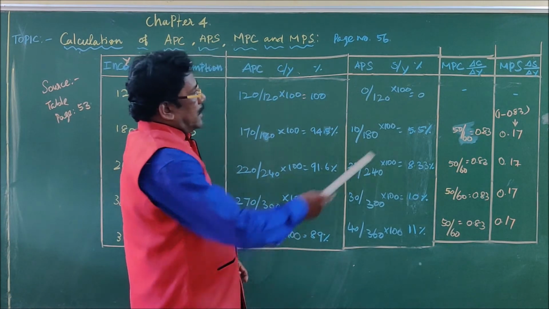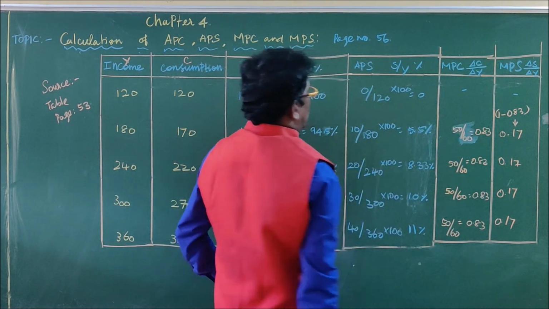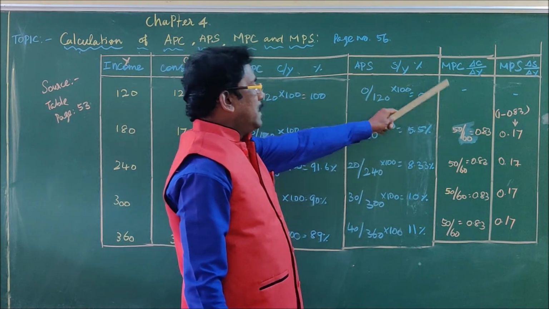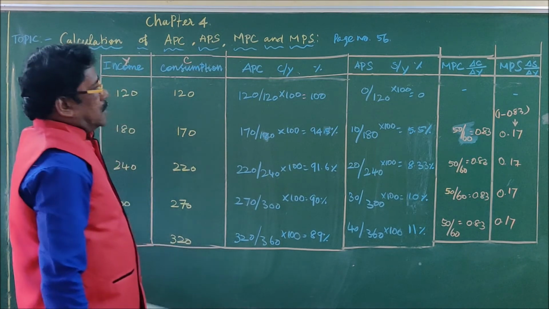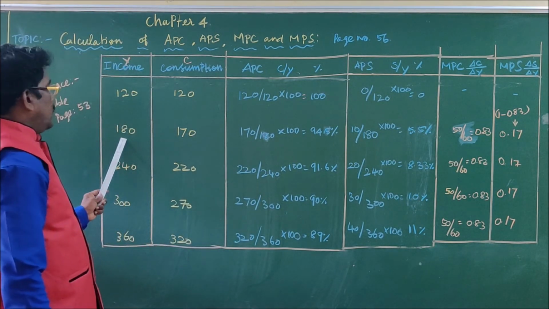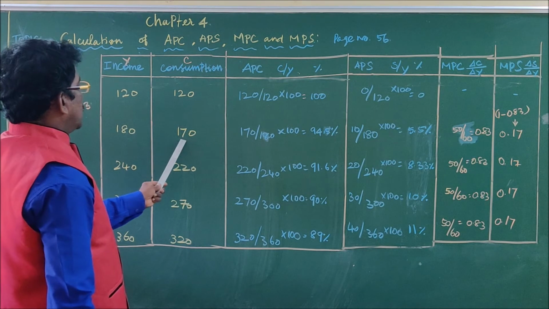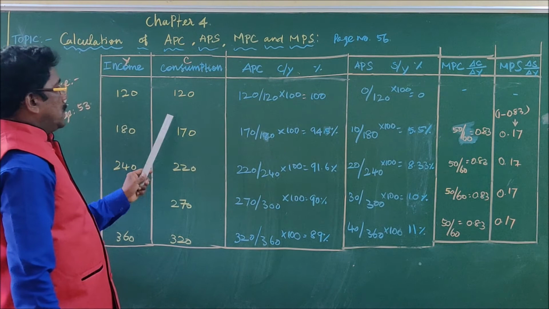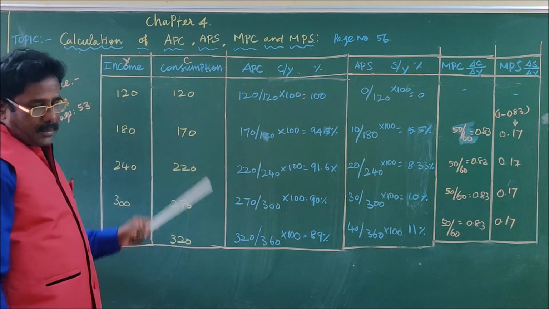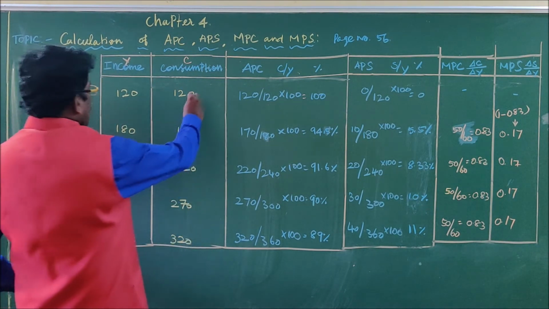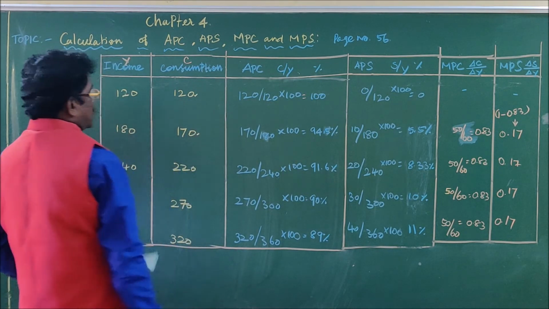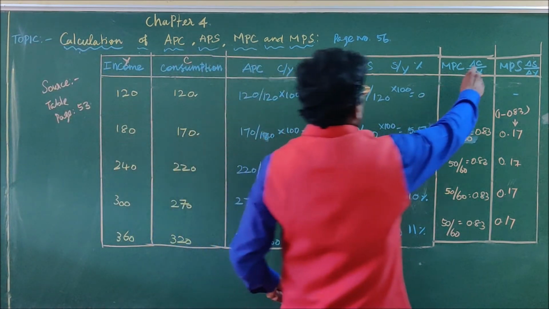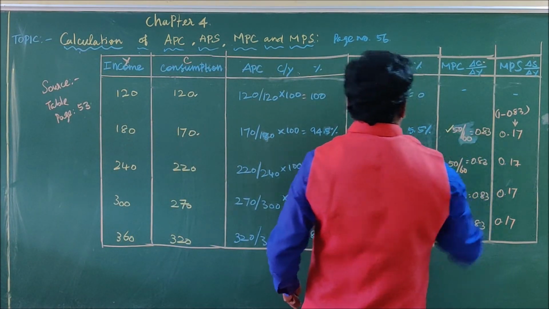How do you calculate change in consumption and change in savings? First one, there is no existing balance, so there is nothing for comparison. So the second case, income is 180 and the consumption is 170. So change in consumption, how much increase? 120 is the previous case and the next level increases to 170. How much is it changing? 50. So change in consumption equals 50 rupees.